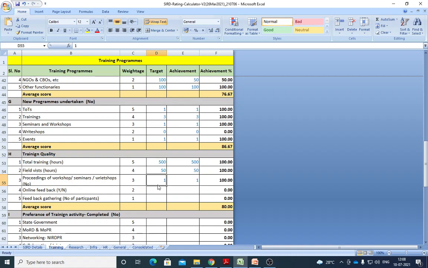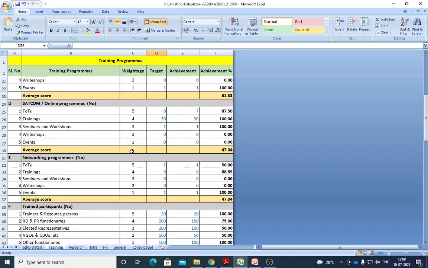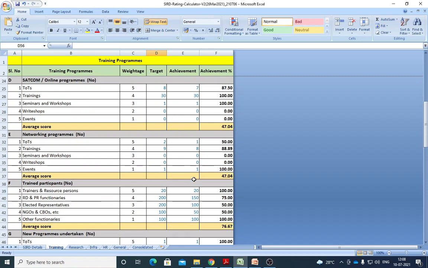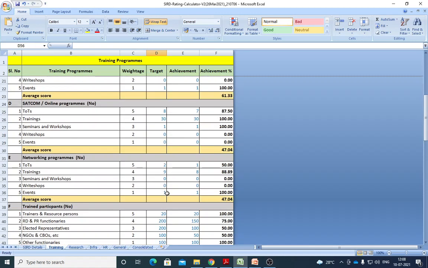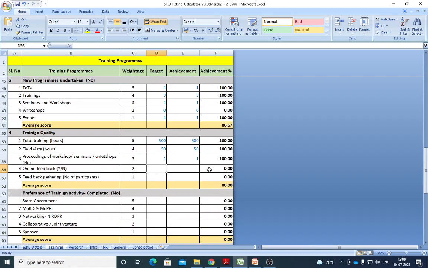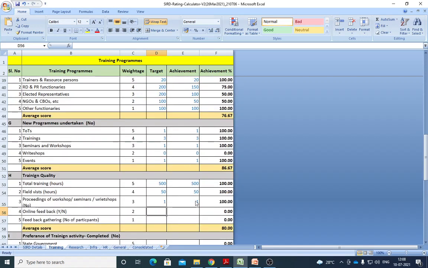Okay, so then online feedback: have you conducted any online TNP feedback? So you can see this online feedback for all the programs. Please understand, whatever programs you conducted here, whether sponsored, non-sponsored, regular programs or new design, you have to mention. So online feedback I got, can you see how many participants we got now?